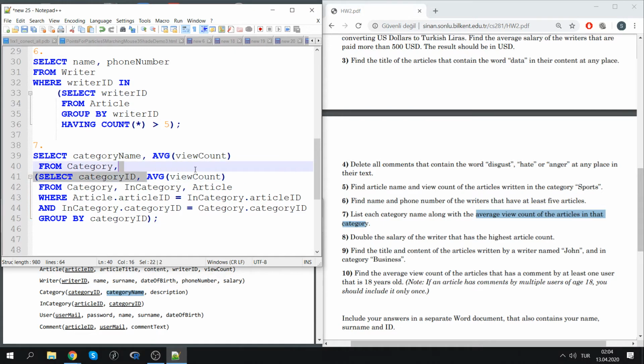and I would need to rename this calculated attribute as something, let's say VC for view counts. I'm going to project it as well in this part. I'm using the category table, and I'm also including another table which is the result of this subquery as some table name, let's say